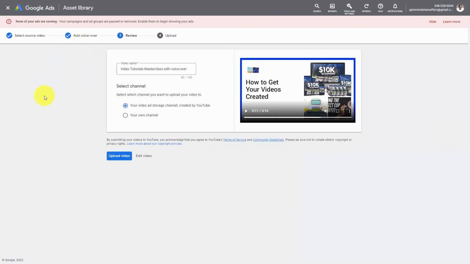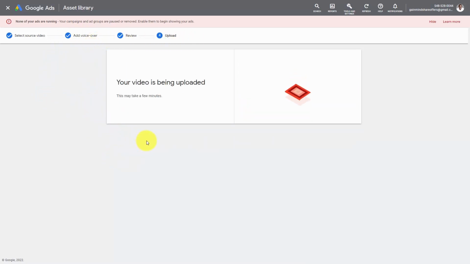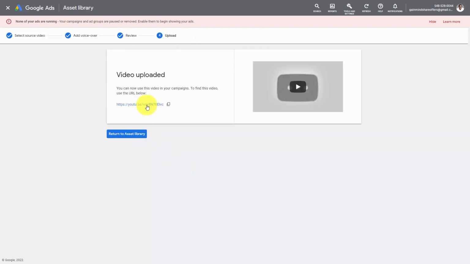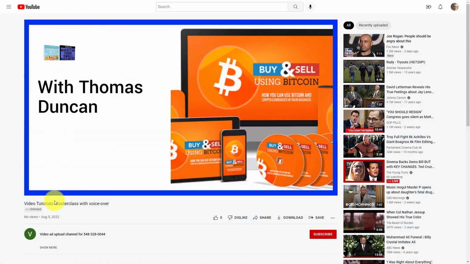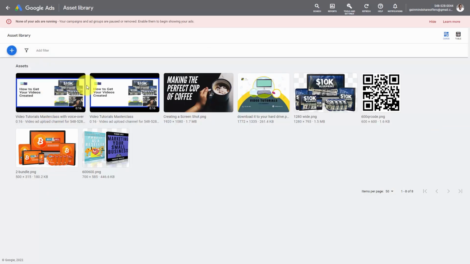Once your video has completed its processing, you can then upload it to your storage area, and your video will go through the upload process. You'll then be able to click the link to see it in a YouTube format, and you'll be able to see your video playing. And the new video with the voiceover will then be available here in your asset library to be used for your ad